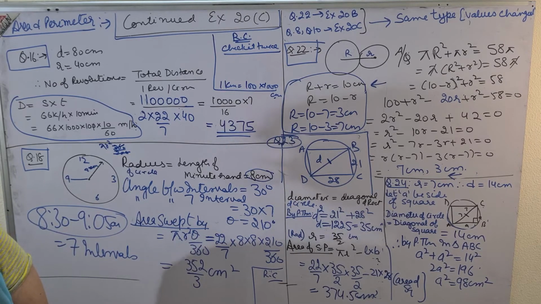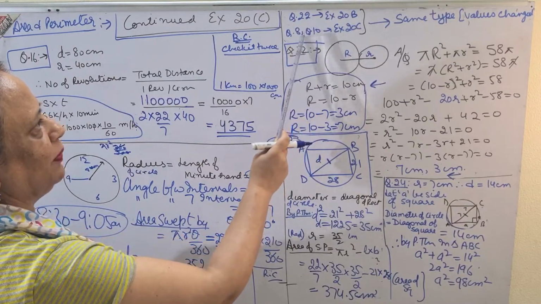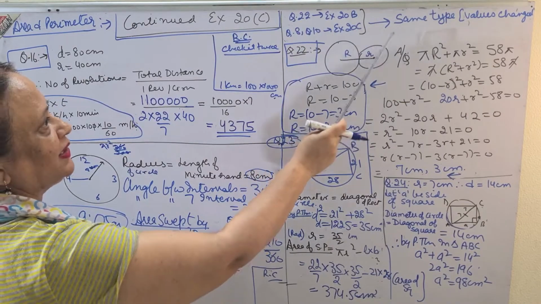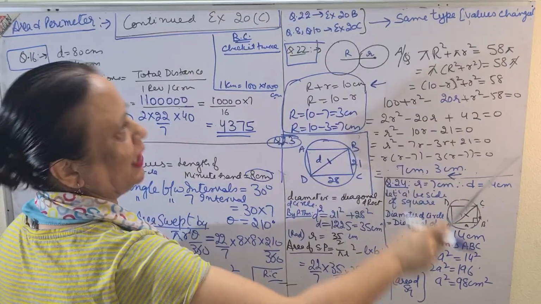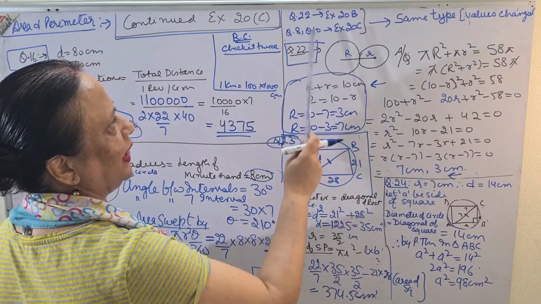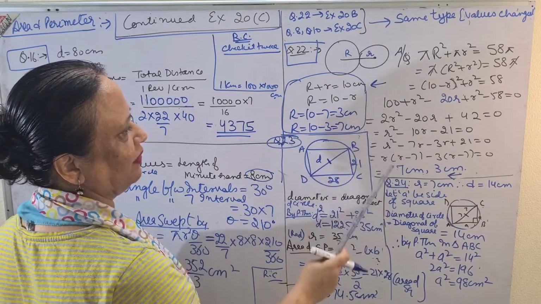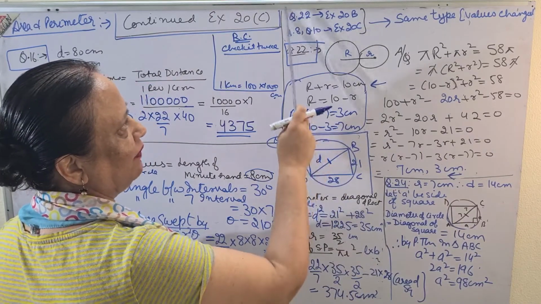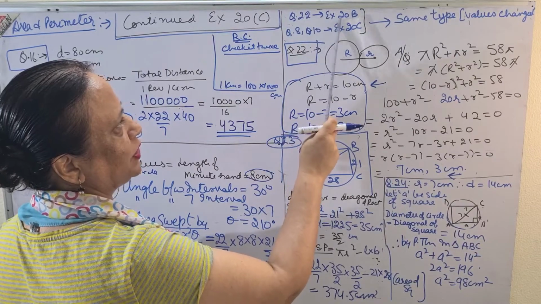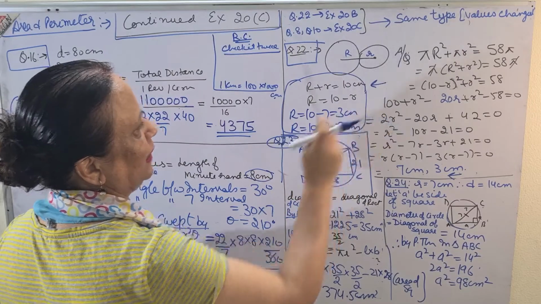That is question number 8, and as well as question number 10. That is why I have mentioned here question number 22 of exercise 20B, and question number 8 and 10 also of exercise 20C. Same type, same language, only values are changed. I am giving you the example of one sum, and question number 8 and 10 of 20C, you will follow exactly in the same manner, exactly in the same way. So just to save time, I have written that these are of the same type, same language.